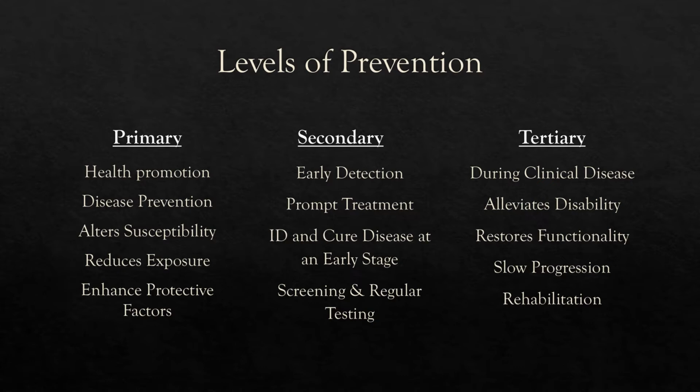An example of primary prevention for tuberculosis would be recognizing occupational exposures and avoiding them, or taking a precaution by making sure that you get fitted for a